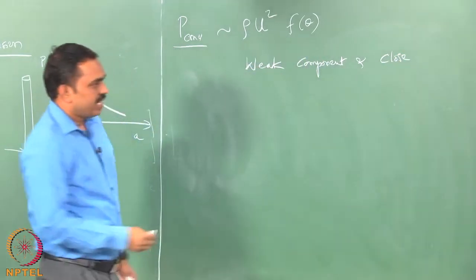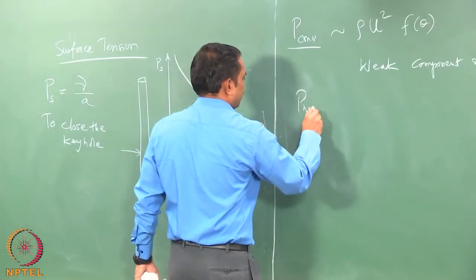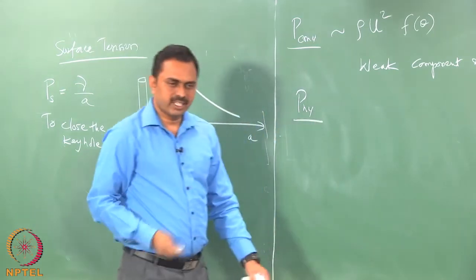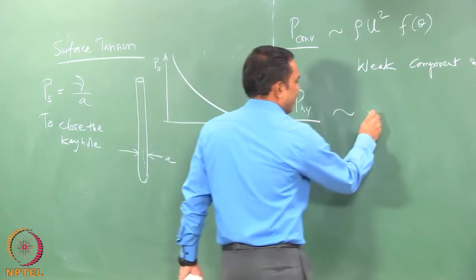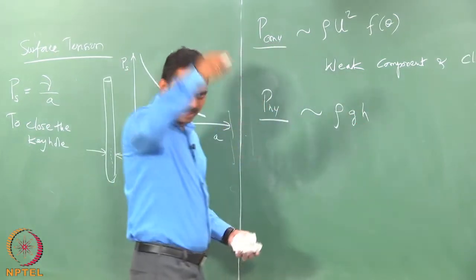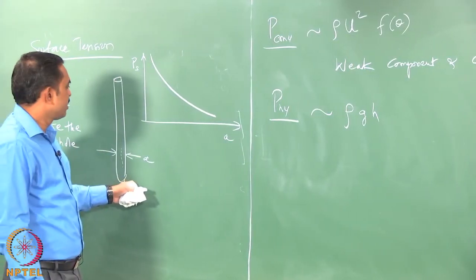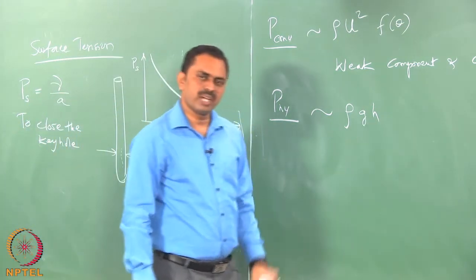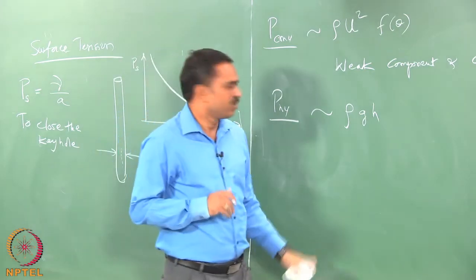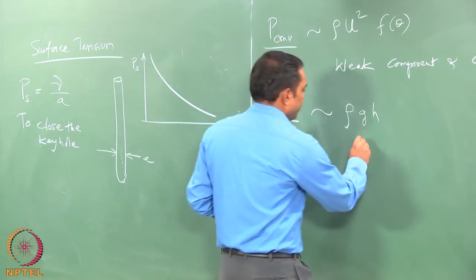Okay. And let us take the third driving force that is going to be present, that is the hydrostatic component. The hydrostatic pressure or metallostatic pressure, to be accurate, is basically going to scale as rho g into h depending upon the height. So, which means that at the bottom of the keyhole the liquid is going to have higher pressure, and at the top it is going to be lower pressure. But what are the heights that we are talking about? We are talking about heights typically only in centimeters. So, which means that again this number is not going to be very high, and this driving force also is weak,